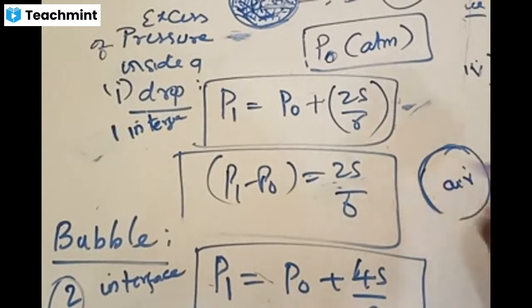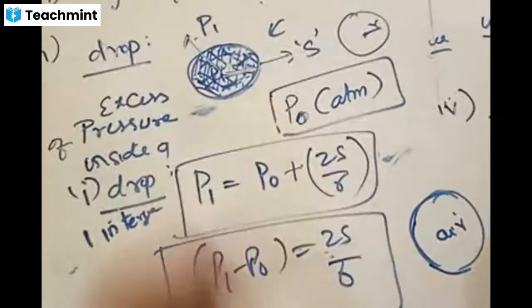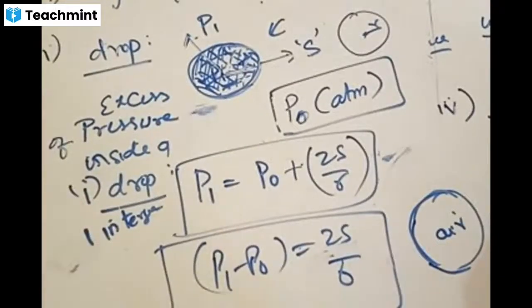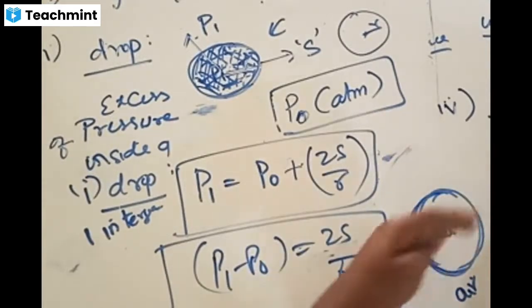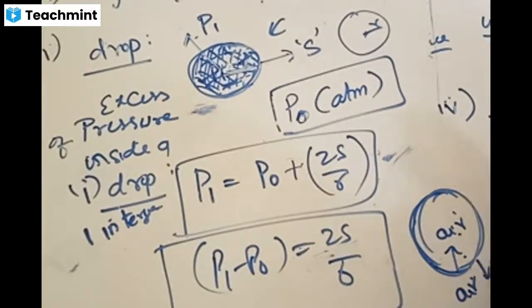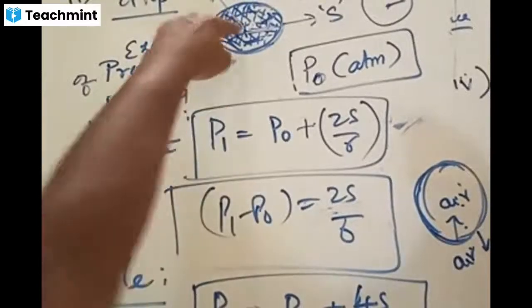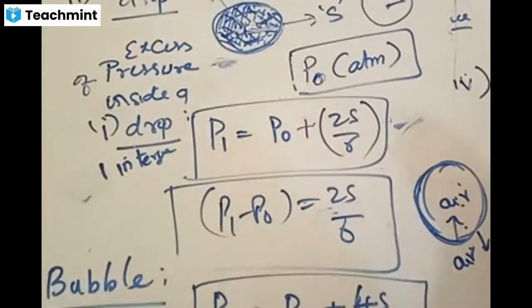For a bubble, inside is also air. What is the difference between a drop and a bubble now? The inner part of the drop consists of liquid, whereas the outer part of the drop consists of air. Whereas for a bubble, the inner part is also air, the outer part is also air, and these two are separated by some kind of liquid. Two kinds of air. This is one interface of air to liquid, and one more interface of air to liquid. In a drop, that does not exist. For a drop there is only one liquid-air interface. Here there are two interfaces.